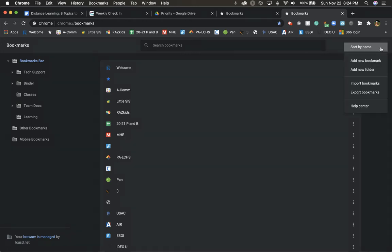So I started by clicking on the three dots and I went to add a new folder. And that's what these are over here. So again, you may not need as many as I have. This has grown over the last 2 months because I use this system a lot now. First thing I did is I created a tech support